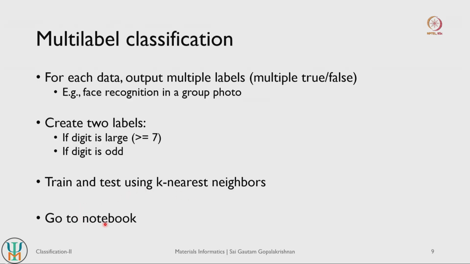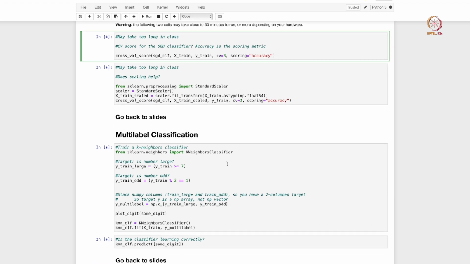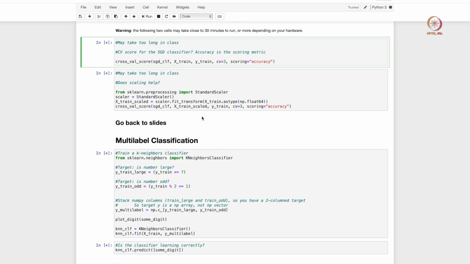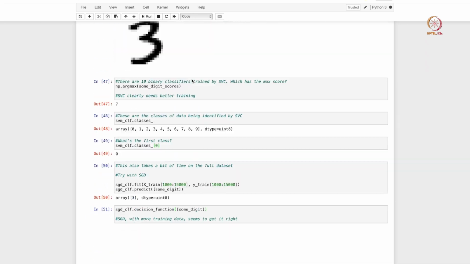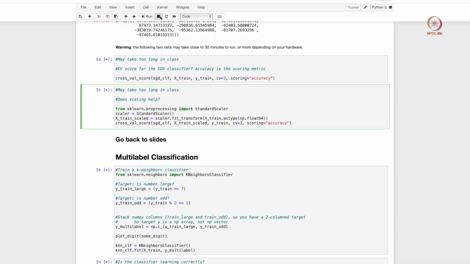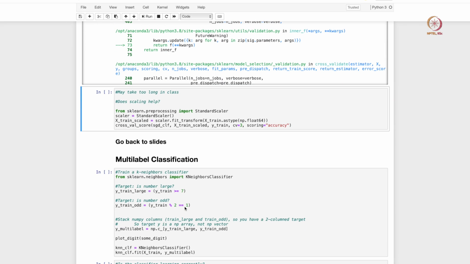So let us go back to our notebook and execute a simple multi-label classification task. I think the cross validation from our multi-class classification is still executing, so let me stop it because this may not run on time, and let us go to multi-label classification.